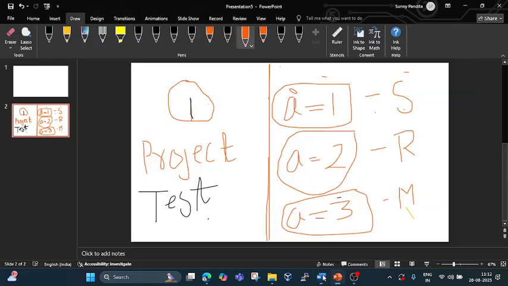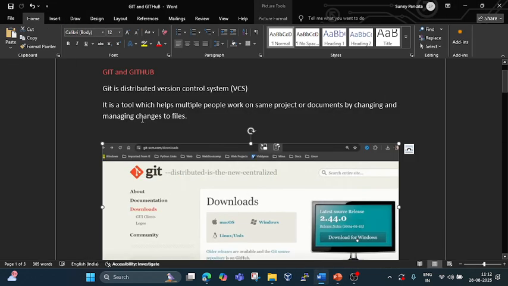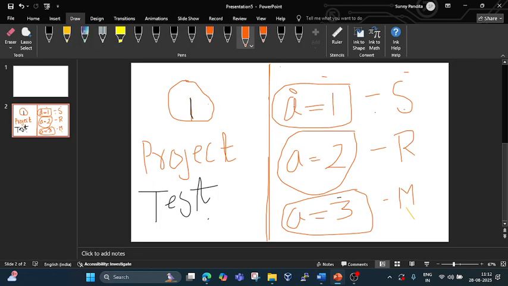VCS is a tool which tracks all the changes. You can say it's a version control system. What it actually does is make versions. For the first change done by Sunny, it makes this version 1, and for a equal to 2, the other change, this is version number 2, and this is version number 3. When we use VCS, which I will show later, it makes a version of all the changes that have been done by the different team members. So it becomes easy to roll back changes and to check the difference between changes.